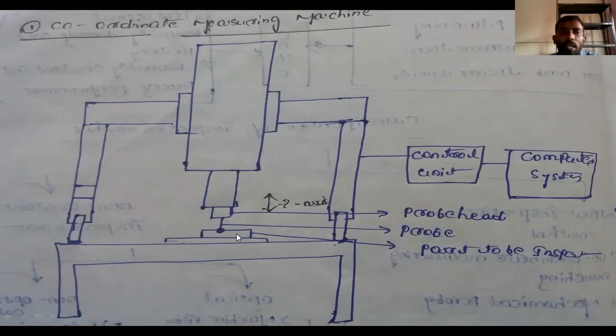So this one we can call the coordinate measuring machine, CMM. So the CMM in CNC. We are using the CMM in CNC because by using the CNC machines to produce a lot of products, we can check the products by using the CMM.